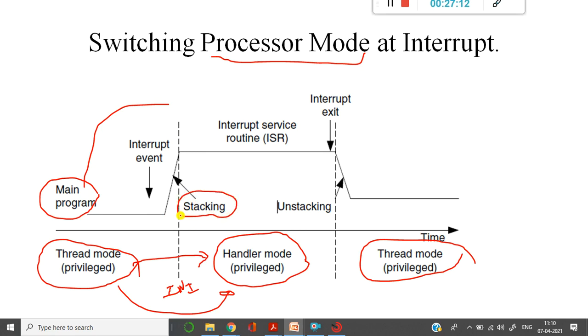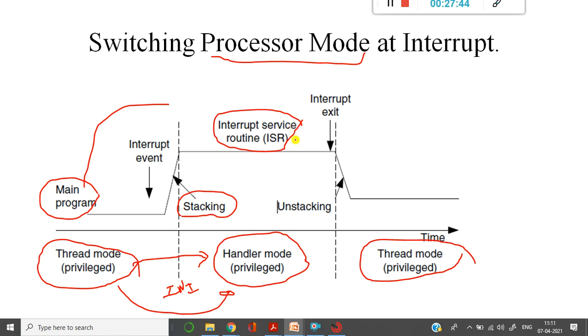And service the interrupt. There is a request, and that particular process has to be processed in the handler mode. That we call an interrupt service routine. So the interrupt is getting served; the non-maskable interrupt has occurred, so that particular interrupt has to be served.